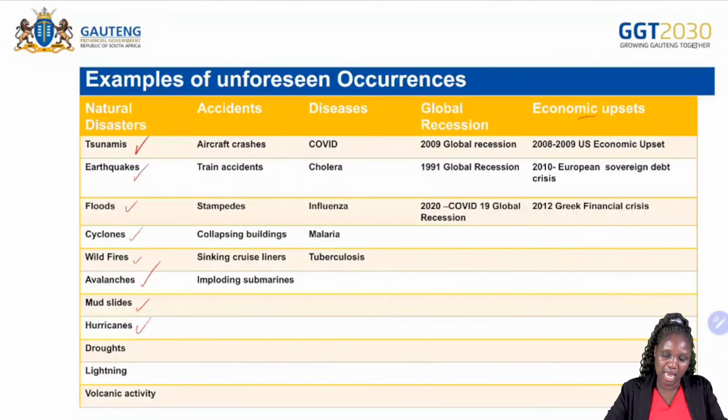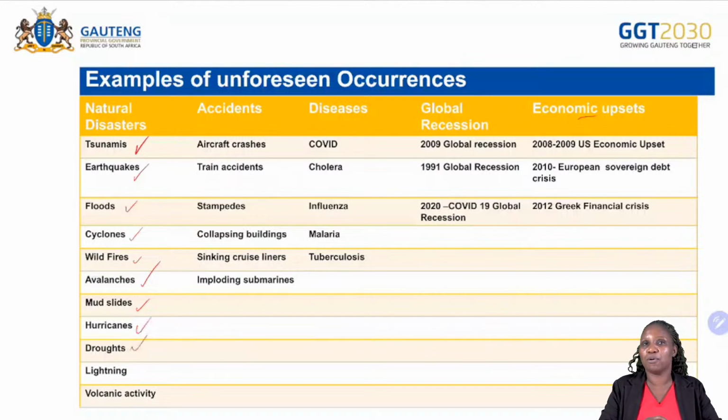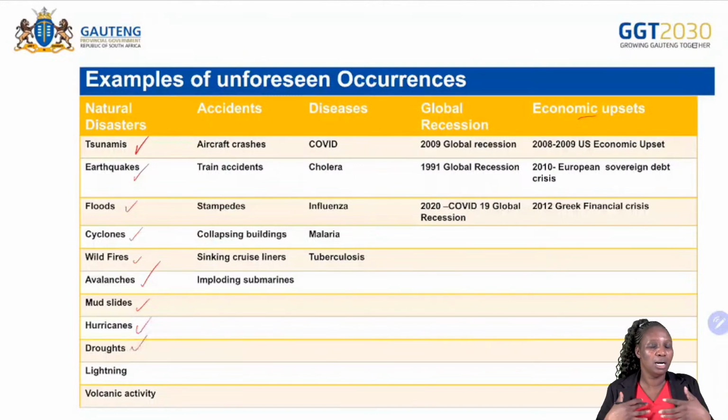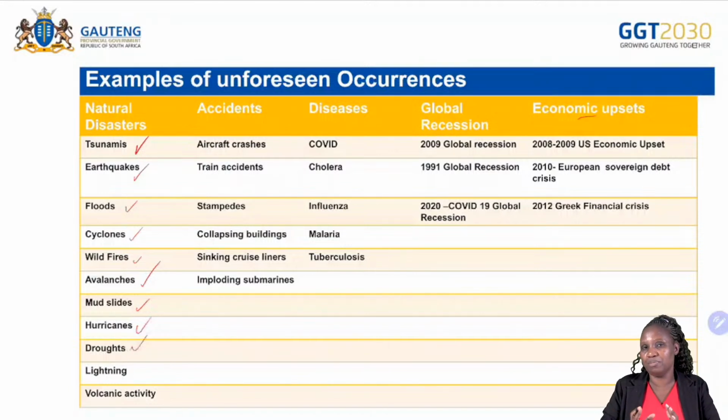Okay, and then we've got droughts. When we're talking about droughts, it is where there is no rainfall. If there is no rainfall, then there will be drought. Then the plants are not going to survive. Then the grazers and the browsers are going to die because there is no food for them. All right? The cows die. Okay? The animals that are grazers die because there's no food.